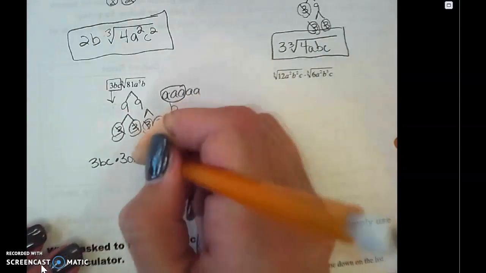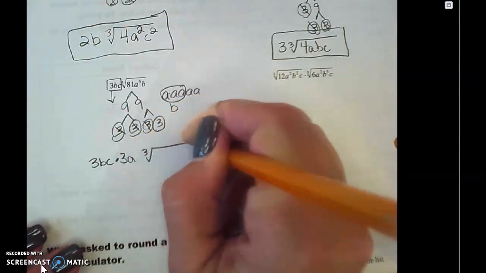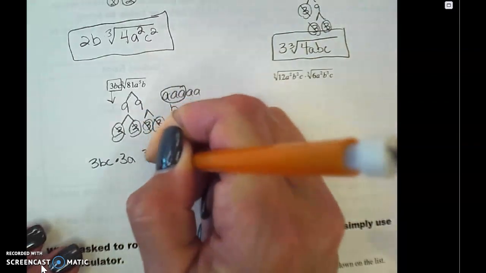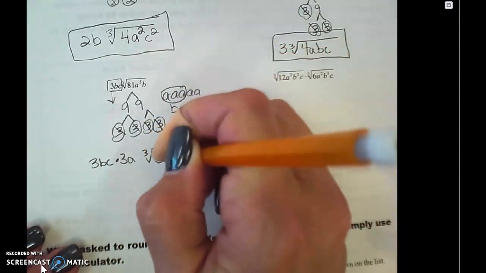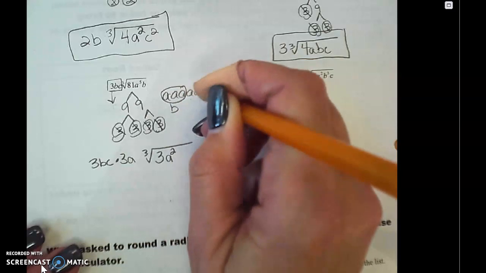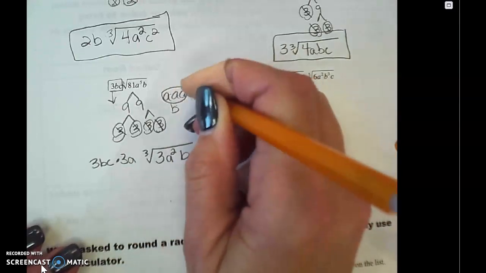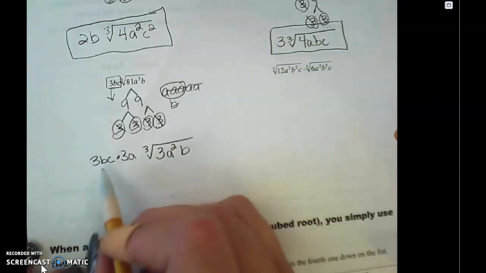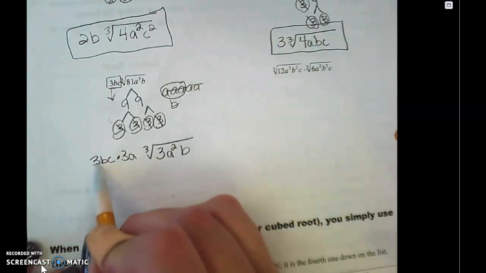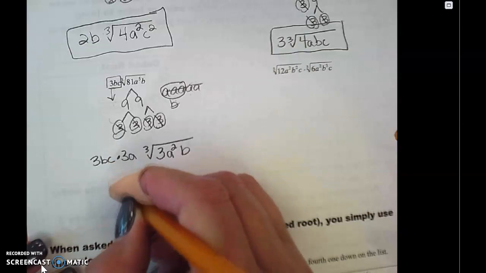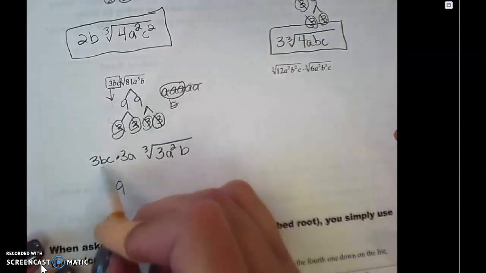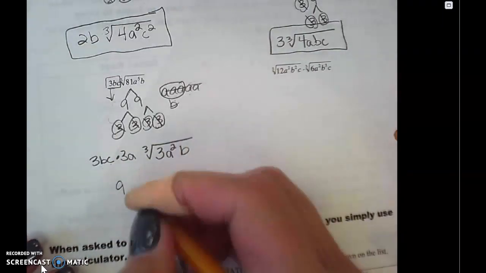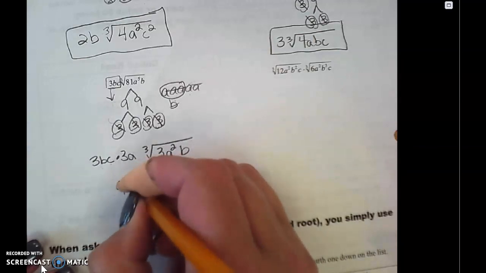All right, now everything else is going to go under the cube root. I have a 3 that goes under there, and I have an A squared. There's 2 A's, A times A is A squared, and I have a B. So I've taken care of everything that needed to be taken care of. All right, simplify, multiply the numbers first. 3 times 3 is 9. BC times A is just BCA, or I like to put them in alphabetical, ABC,